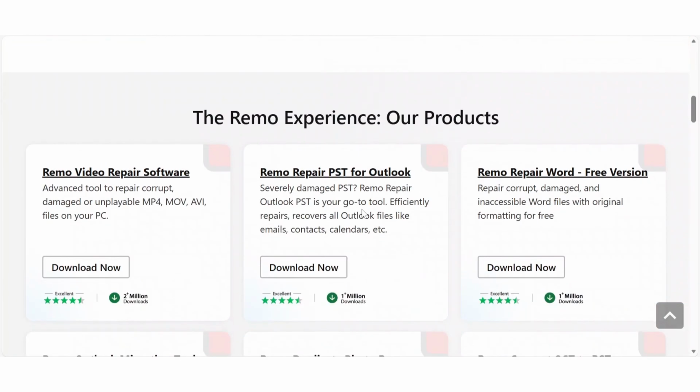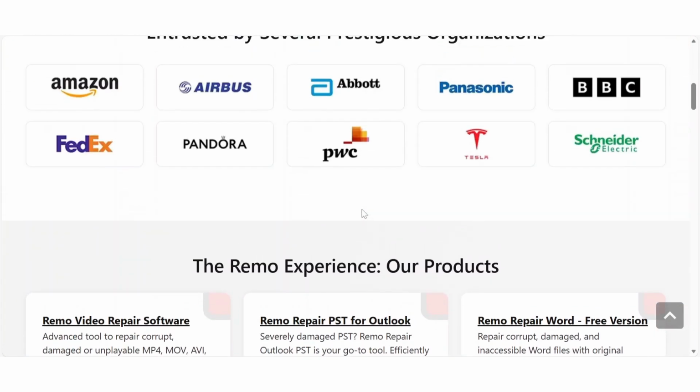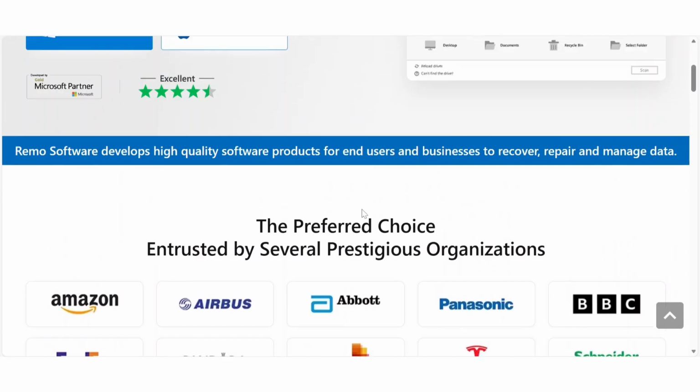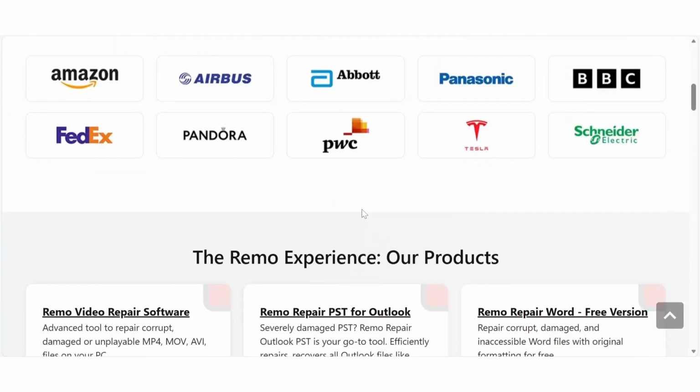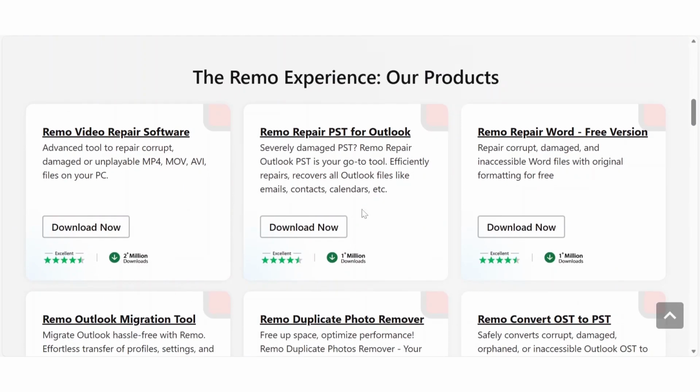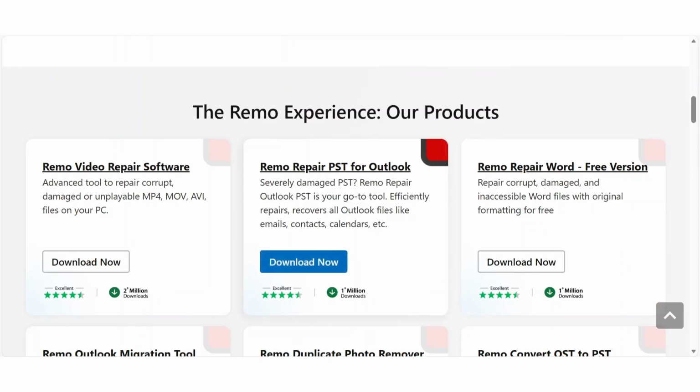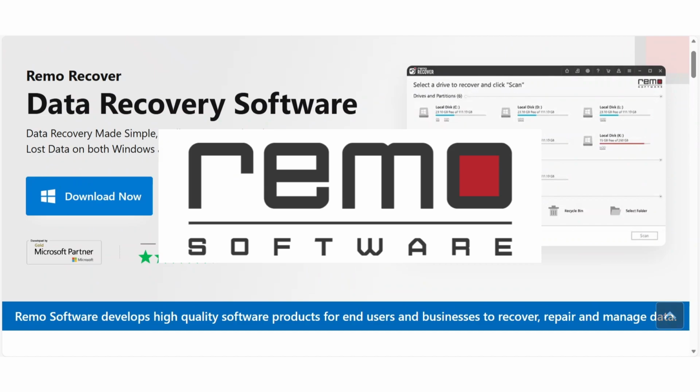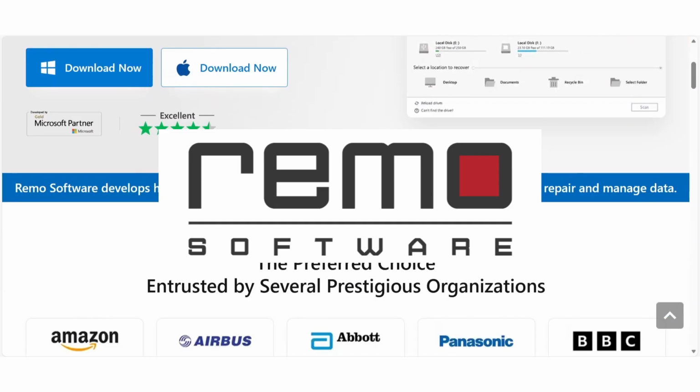Have you deleted an important file or lost data after a system issue? When that happens, the real question is whether your data can actually be recovered and which tool you can trust to do it. So in today's video, we are reviewing Remo Recover for Windows, a data recovery software built for